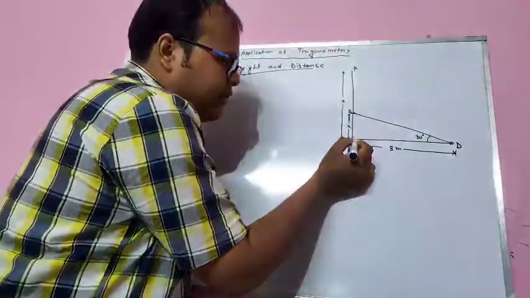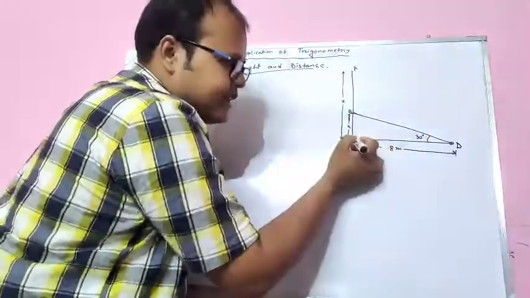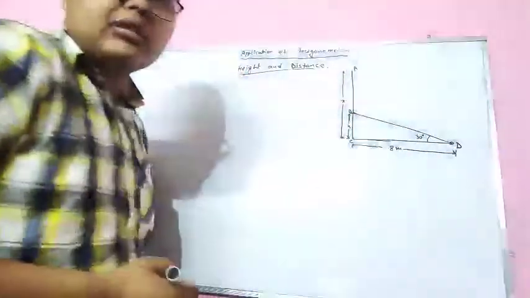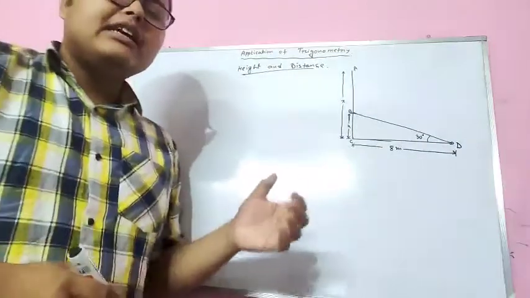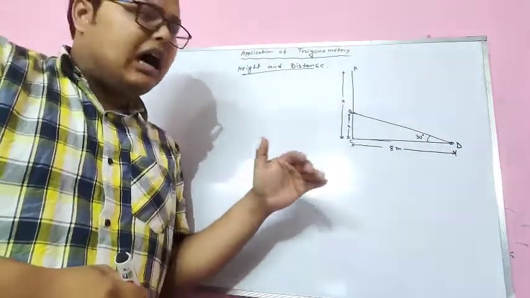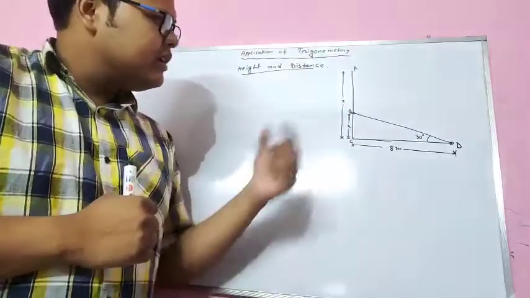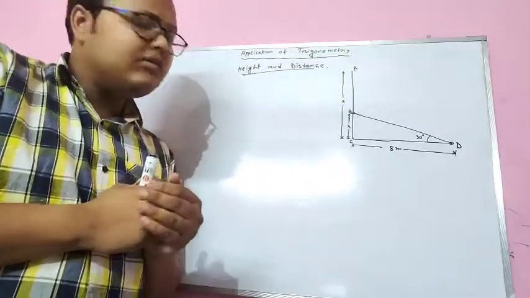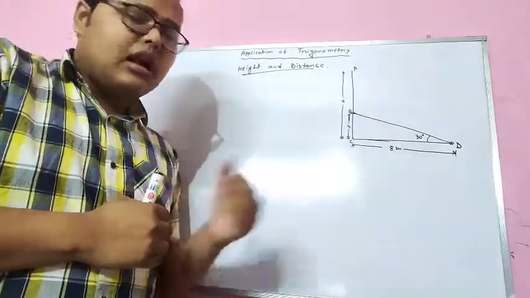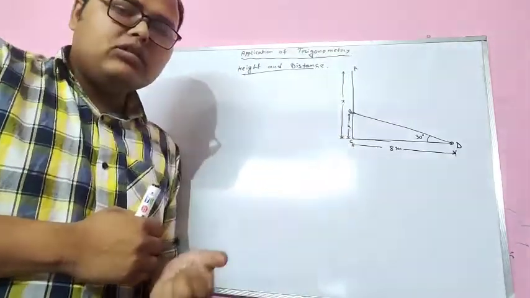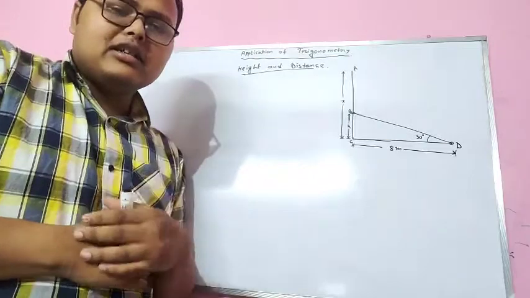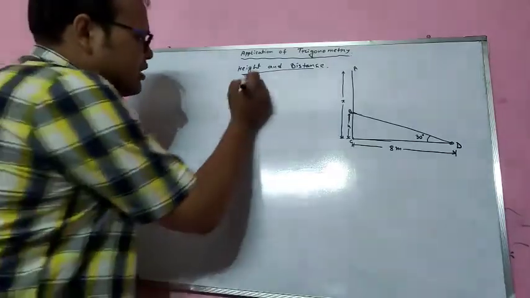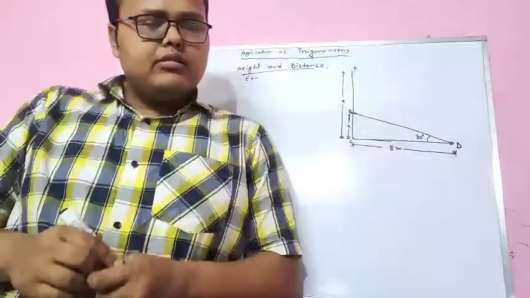The actual distance from the building to the object is this one, and you are up here, so the distance from the object to you is slightly bigger than that one. This is because of the height where you are. If you are at a certain height, the distance will change. This is the relation we are going to find, to see how distances are found if you are at a certain height. We are going to start the exercise first.